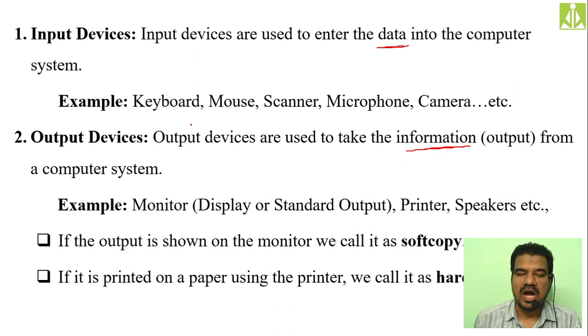Okay, so output devices are helpful to display or to take the output, that is nothing but information, from the computer. Remember this one. Whenever you are taking the information from the computer, we make use of the output devices. I will give you one simple example of how data and information can be understood. Let us assume in your computer you may be having some thousands of MP3 songs. We are loading MP3 songs into our mobiles, into our computers.